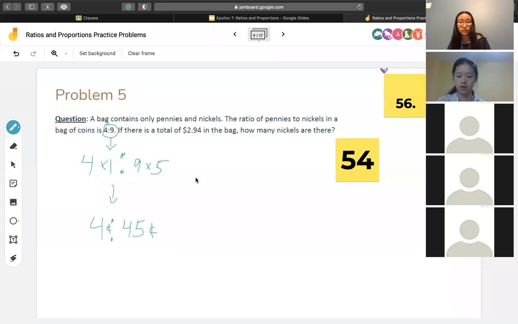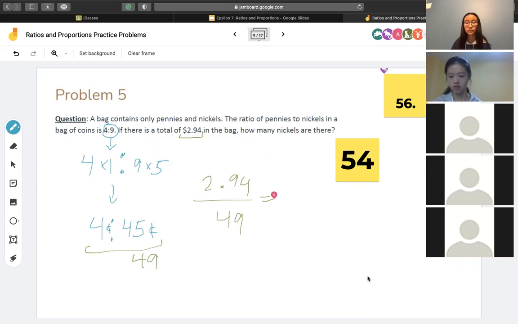So I'm going to keep going with this sort of hint solution. The ratio of the amount of money contained in pennies to the amount of money contained in nickels is 4 cents to 45 cents. This would mean that in this ratio there would be a total of 49 parts, because 4 plus 45 is 49. And the total amount of money is $2.94. So if we divide the two of those together,